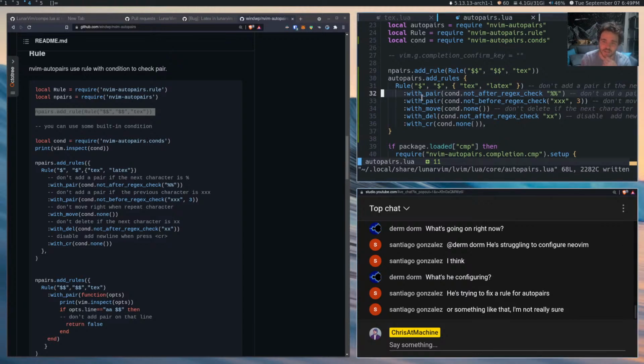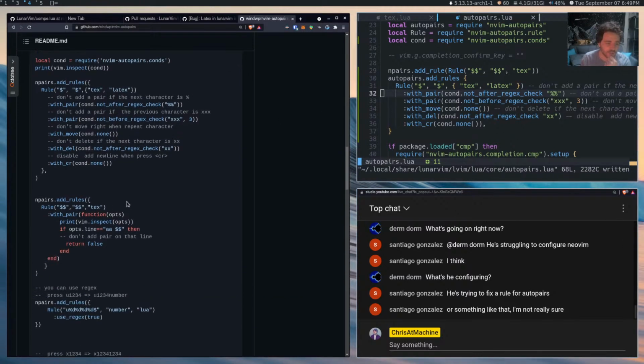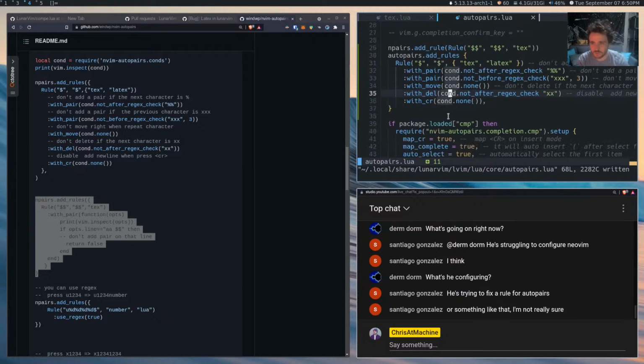Yeah, auto pairs has this thing where in LaTeX, like we don't want it to add it, basically. That's just the idea. I don't know what this does either. I'm assuming this is all stuff people from LaTeX world want, though. So, but